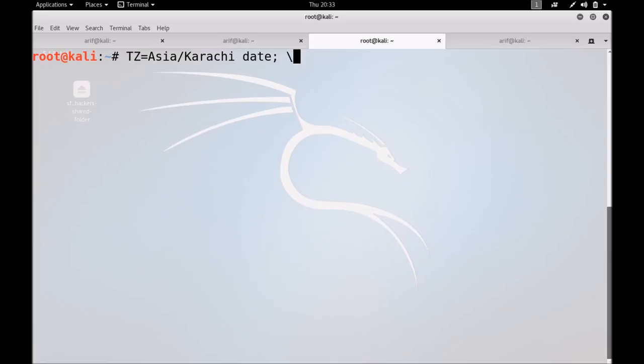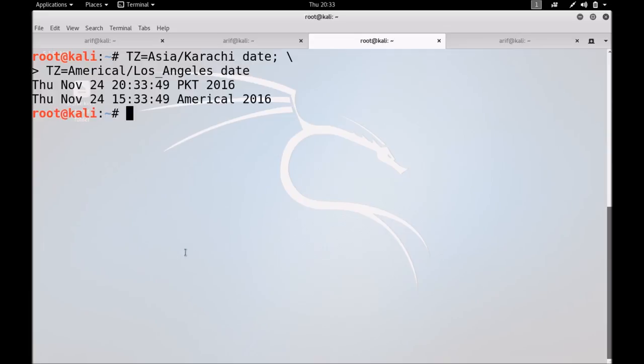Let me set the TZ variable to Asia/Karachi, and let me set the TZ variable to America/Los_Angeles. I hope the spellings are correct. And let me run it. You can see in both these countries the times are different.